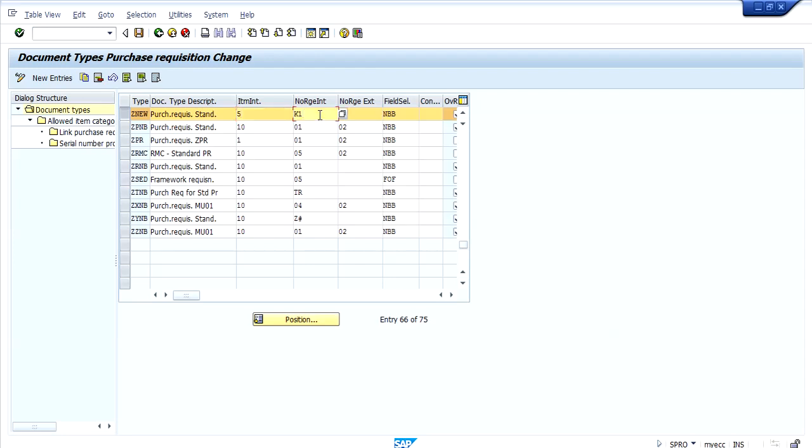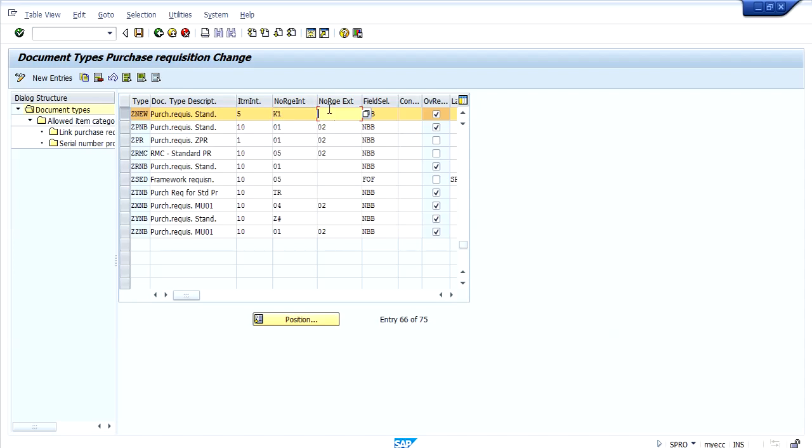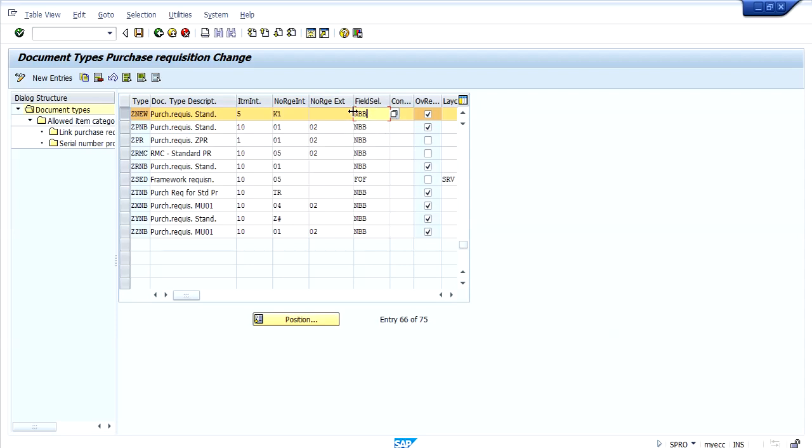The number range that has been configured is assigned here. I didn't assign any external number range because we are going to create internally only. And please remember this field selection group, which is NBB. If we tick this overall release, then this purchase requisition can be released at header level. If it is not ticked, then the system will allow release of each and every line item in this purchase requisition